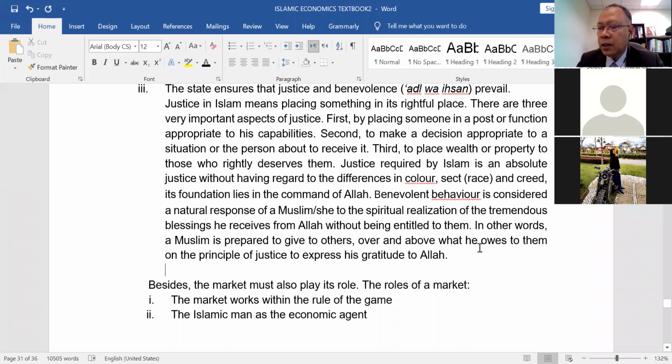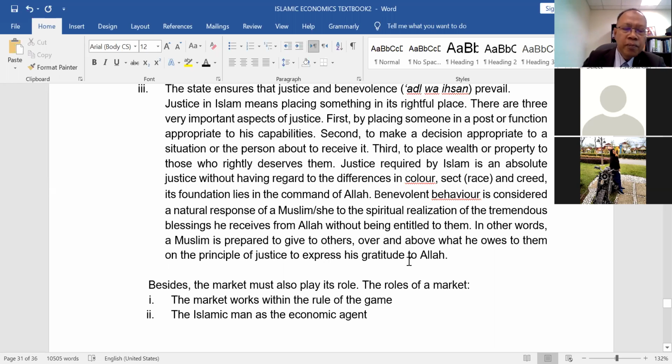Because the concept of al-ihsan is the Muslim belief that Allah watches all his activities. Allah sees everything. Allah hears everything. Although Muslims cannot see Allah, Allah sees them. So therefore, a Muslim is prepared to give to others over and above what he owes to them on the principle of justice to express his gratitude,